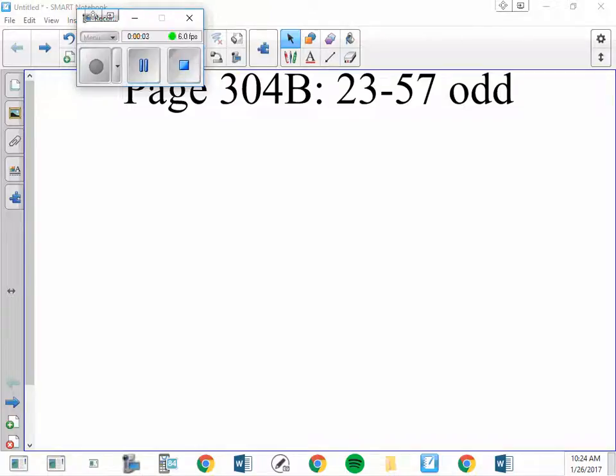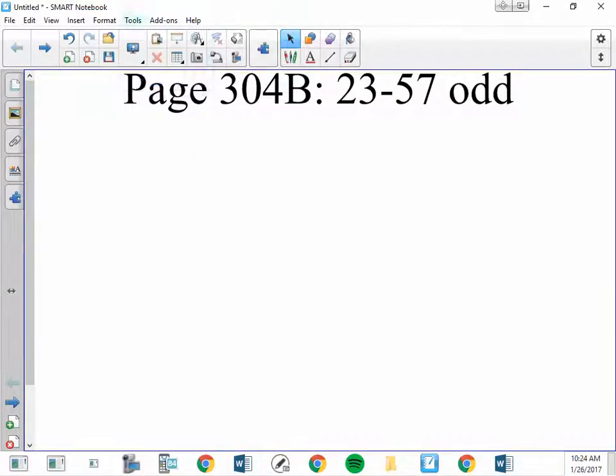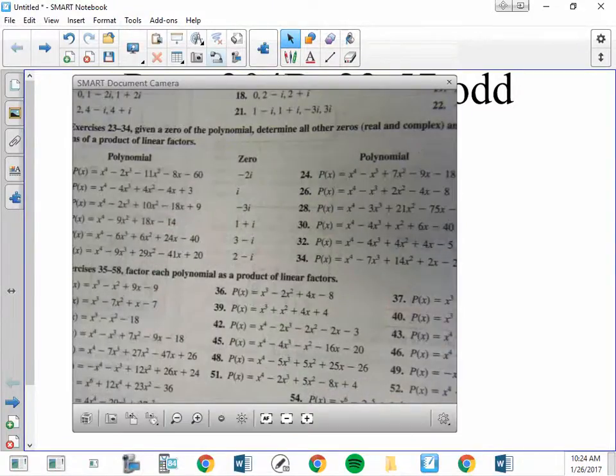to blend all of our knowledge together to solve some polynomials. So if you look at number 23, given a zero of the polynomial, determine all other zeros and write the polynomial in terms of a product of linear factors. So, number 23